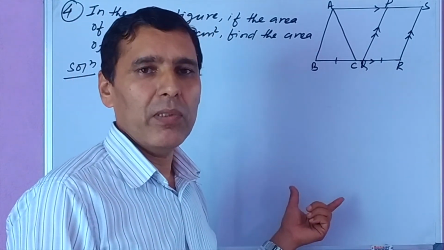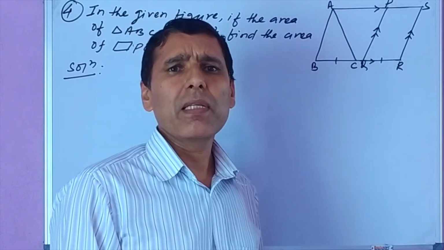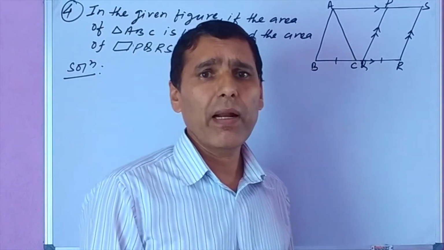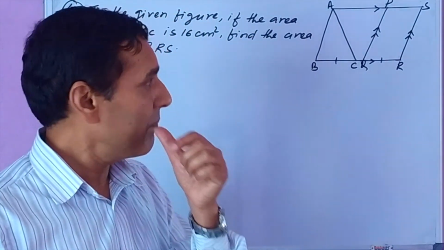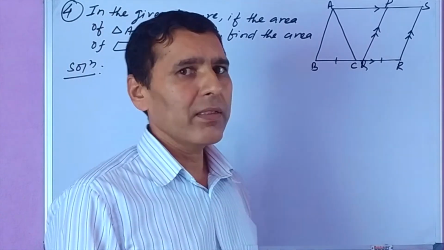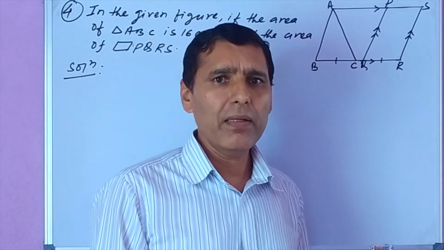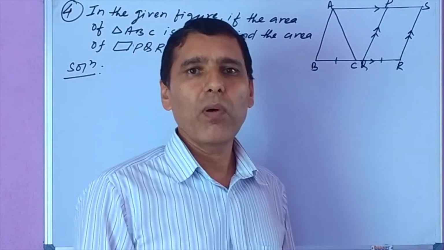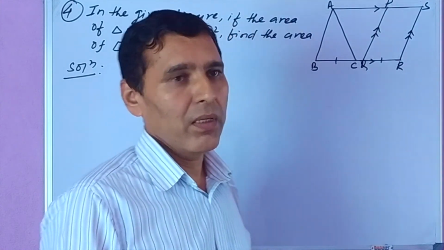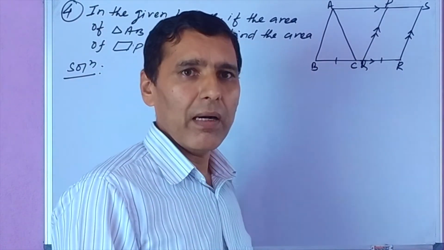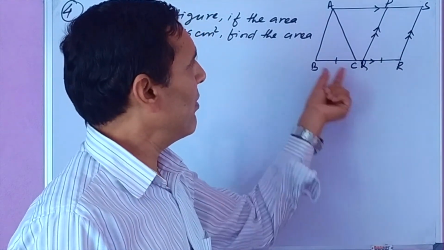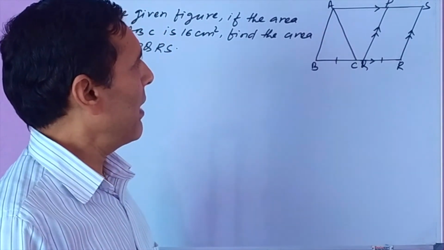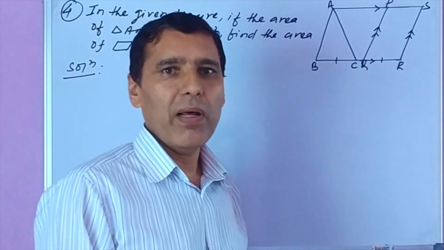All the theorems related to area, either parallelograms on the same base and between the same parallels are equal in area, or area of triangle is half of the area of the parallelogram standing on the same base and between the same parallel lines, or triangles on the same base and between the same parallel lines, which we proved before, hold for equal bases also. So as the triangle and parallelogram are on equal bases, the area of parallelogram will be just double the area of the triangle. We use the same theorem here. Because we are given the area of the triangle ABC, we have to calculate the area of the parallelogram PQRS.